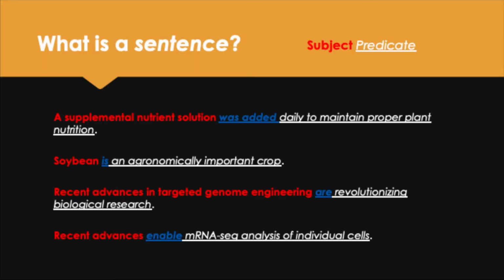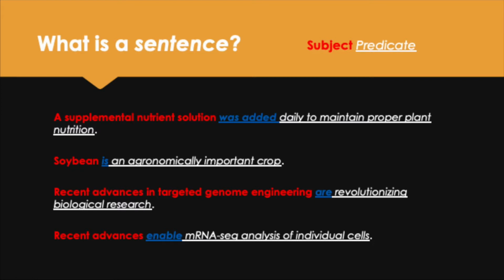It has the subject, it has a predicate, and it's a complete thought. Even though it's short, it's a complete sentence. Okay, next, recent advances in targeted genome sequencing are revolutionizing biological research. So the subject is recent advances in targeted genome sequencing. And this is another state of being verb, are, and then you see the rest of the sentence is included